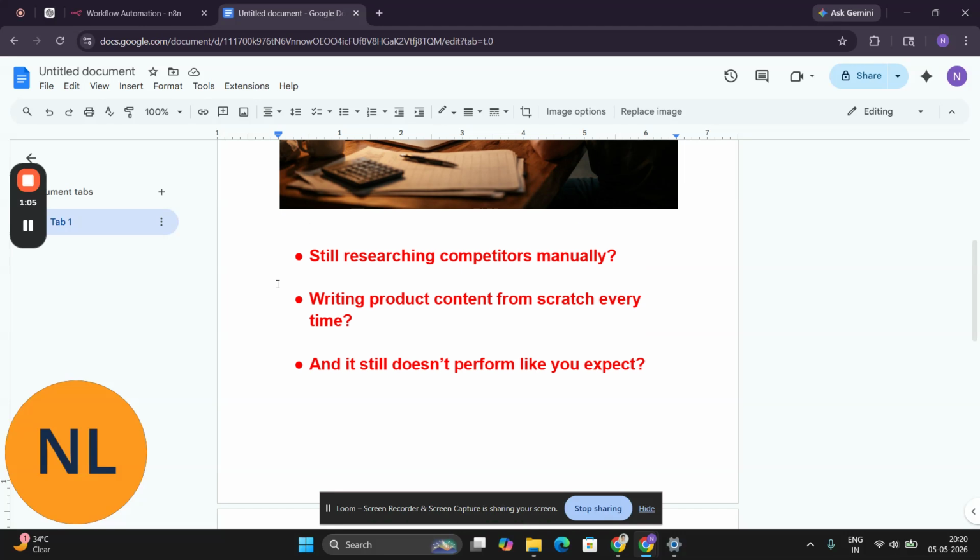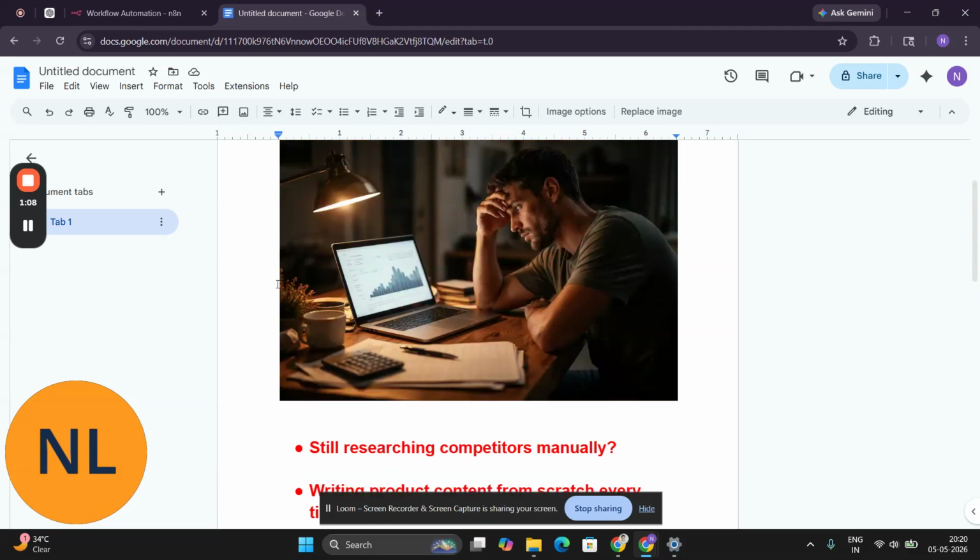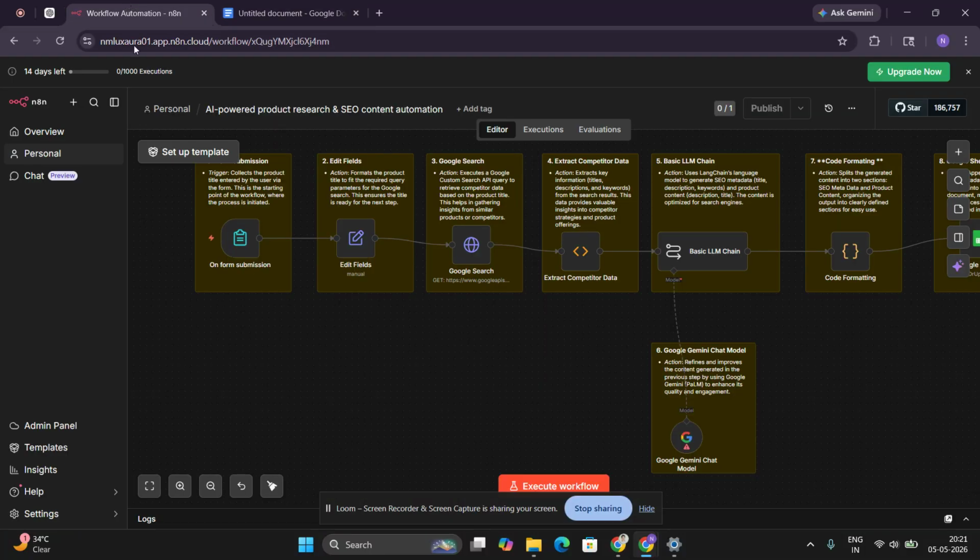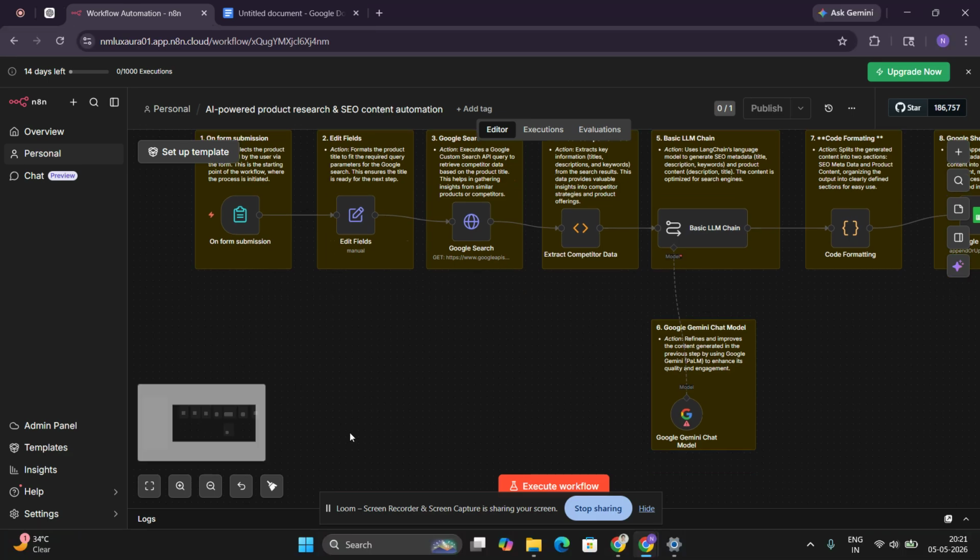So, what if there's an AI workflow that replaces all the effort you put in and don't get the expected results? Here's what I'm showing on the screen: an AI-powered product research and SEO content automation.